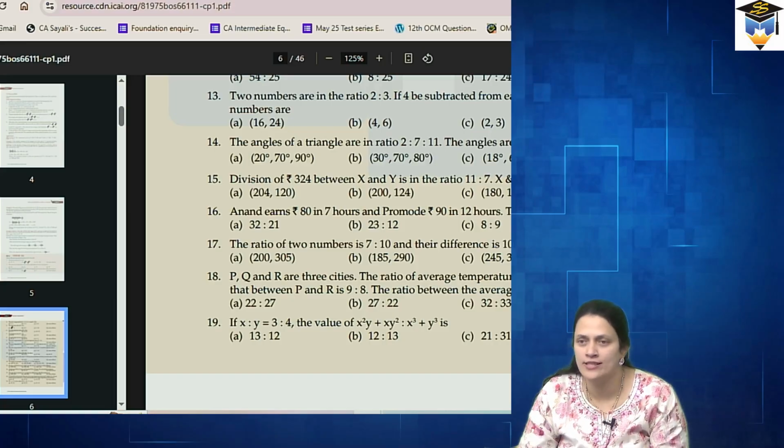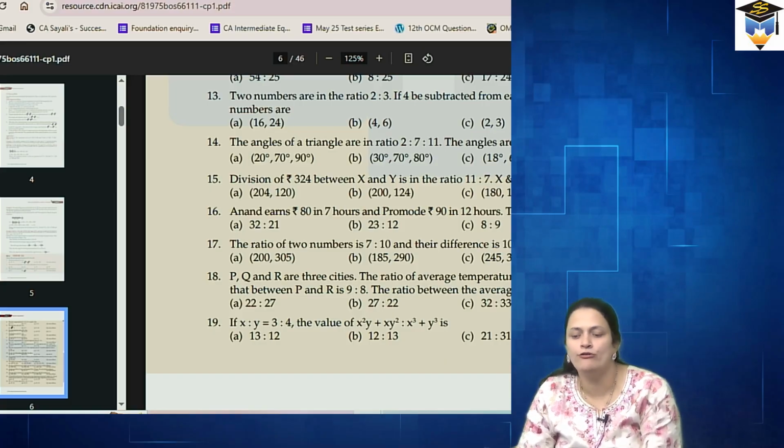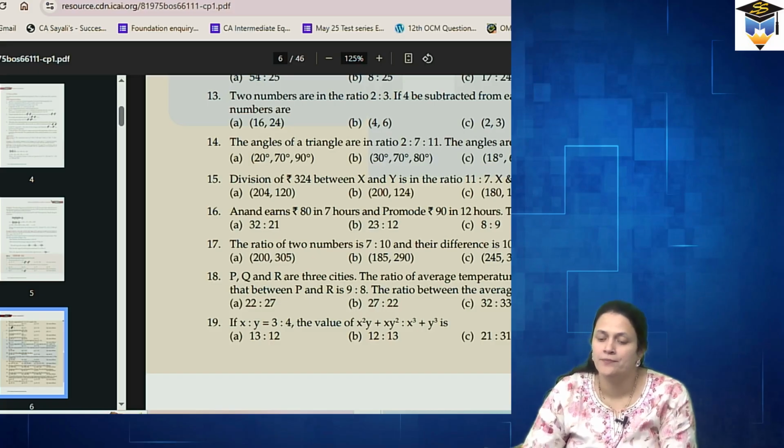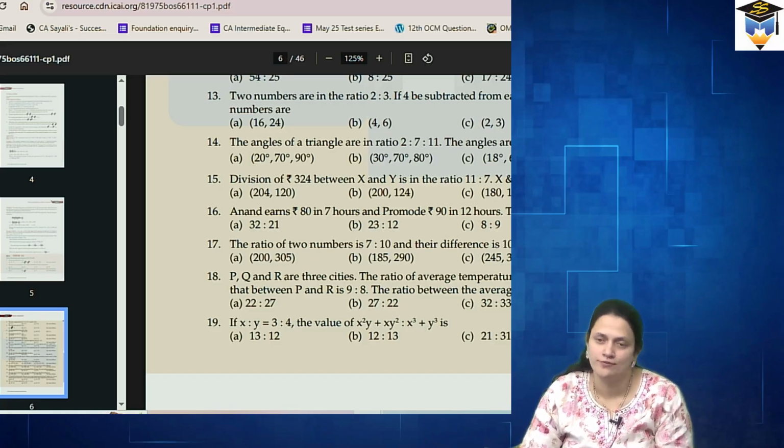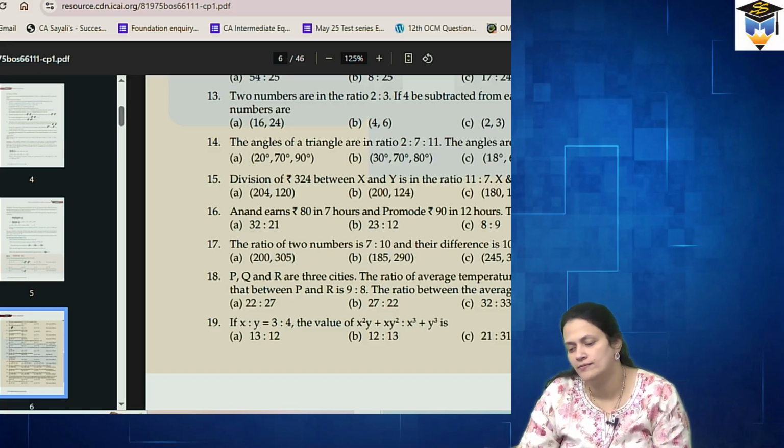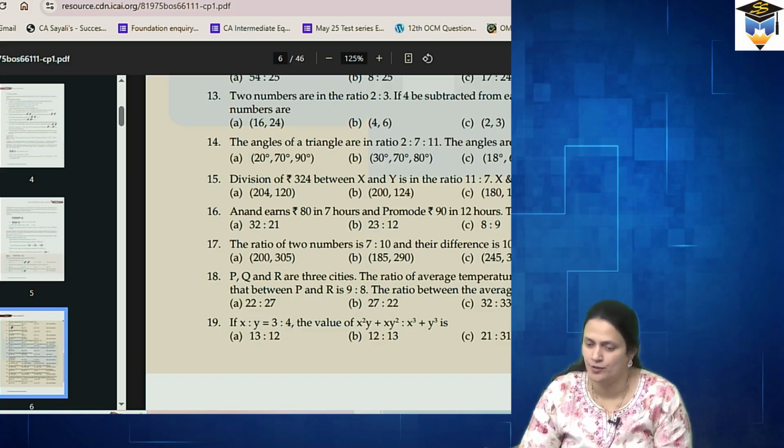ओके, 19th वन परम. x by y is given to us as 3/4. तुम्हारा ऑप्शन बी आया है. ओके, लेट अस सी. What is the value of x? x वैल्यू 3 है, y की वैल्यू 4 है. नाउ टेल मी व्हाट इज x स्क्वायर y? 3 into 3 into 4, 36 plus what is xy square? 3 into 4 square. So what is x square y plus xy square? 84 आया.